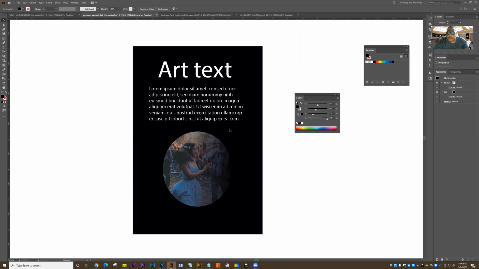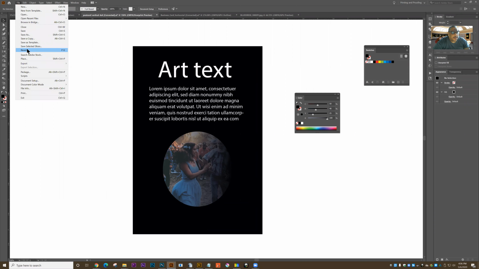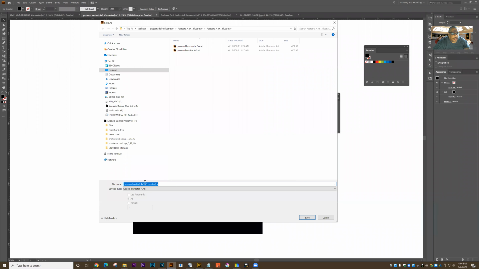We went over and we looked at the printing and proofing panel. We talked about a rich black. We talked about the document setup and all that. We're going to go to File. And so what I would do is I would save the document twice. I would save the original document as my Adobe Illustrator file. I'll call it Postcard 1